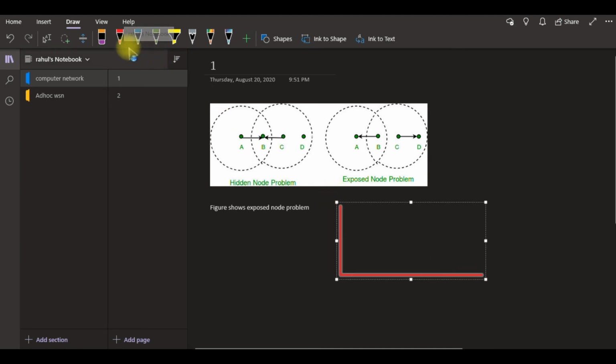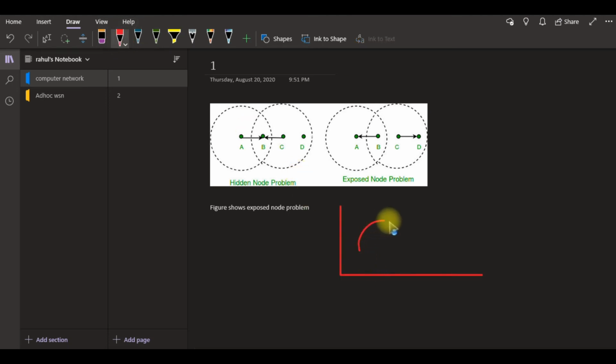And now if you need to draw something, the graph will look like this, that is also possible. So you will have a lot of options to handle this. Then ink to shape is there, and for example I am adding like this, it will make it a circle.